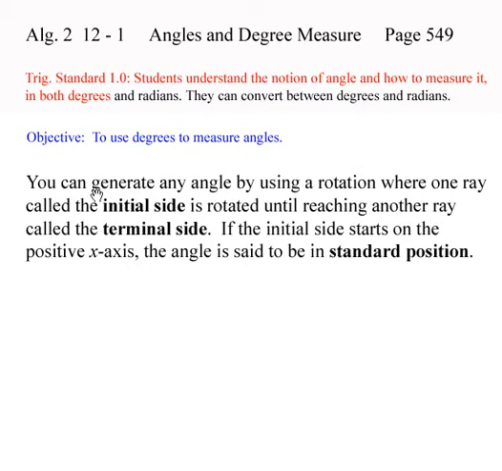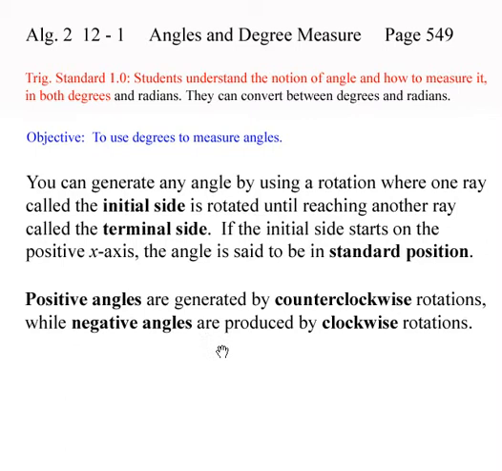And the way we generate an angle is we rotate a ray. We have the initial side, and we rotate it until we have another ray called the terminal side. When that initial side, or that initial ray, starts on the positive x-axis, then we say that angle is in standard position. We get positive angles by rotating the rays counterclockwise, and we get negative angles by rotating the rays